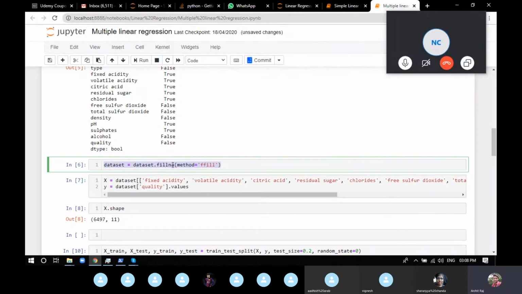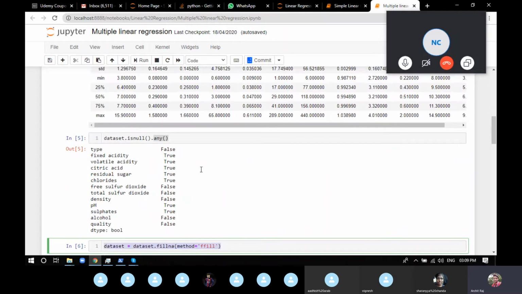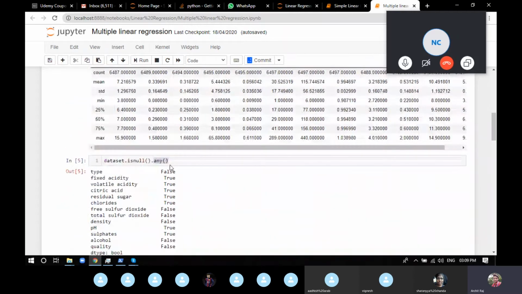I explained the meaning of fillna: it goes to each and every place where the not-a-number object is, and fills it depending upon what exactly you're providing. You can provide a proper number, but you don't know, for fixed acidity, what the range is, or for volatile acidity, what the range is.